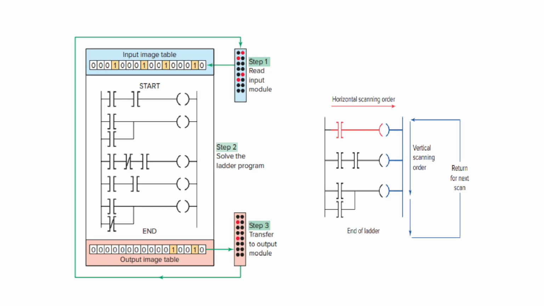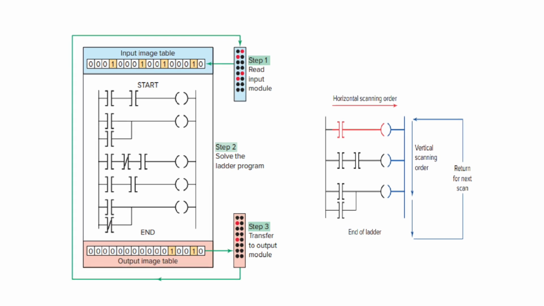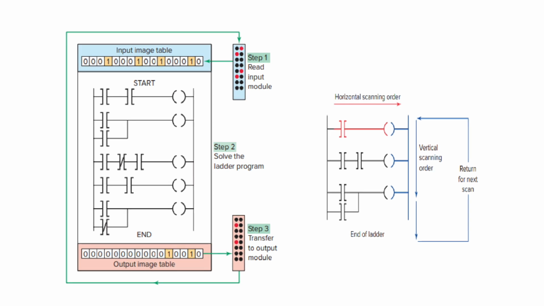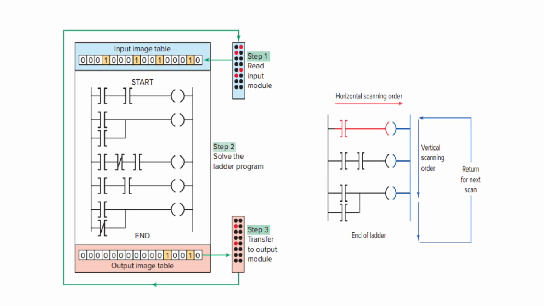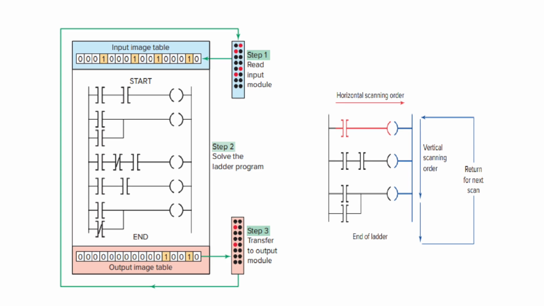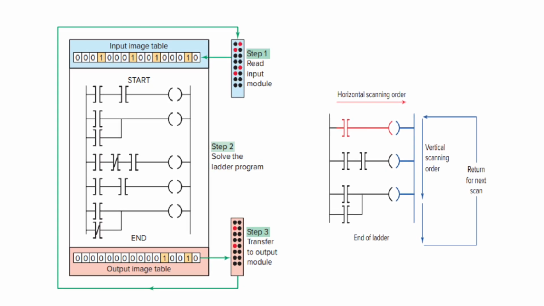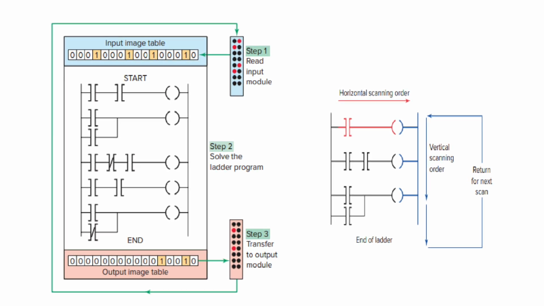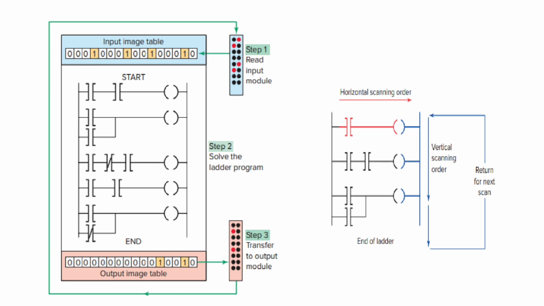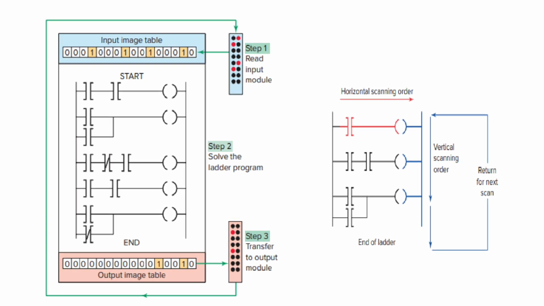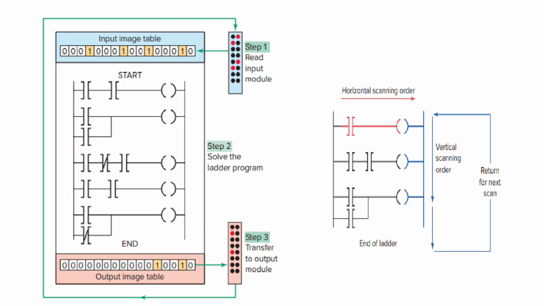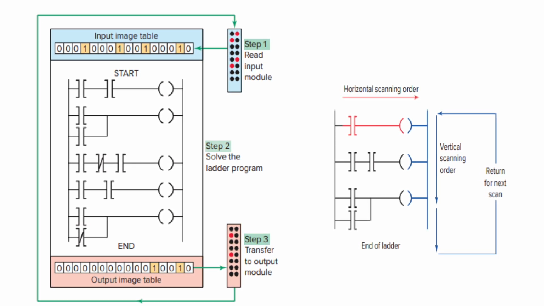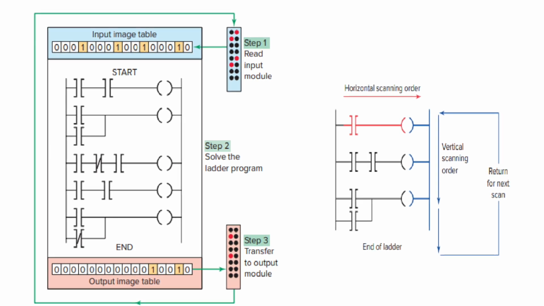There are basically two primary scan patterns used by PLCs. First, the horizontal scan by rung method, and second, the vertical scan by column method. The Allen Bradley PLC uses the horizontal scan, which examines the instructions from top left to bottom right, rung by rung, while the Modicon PLCs use the vertical scan, examining the instructions column by column and page by page. Understanding the scan pattern is crucial to avoid programming errors and ensure proper operation.